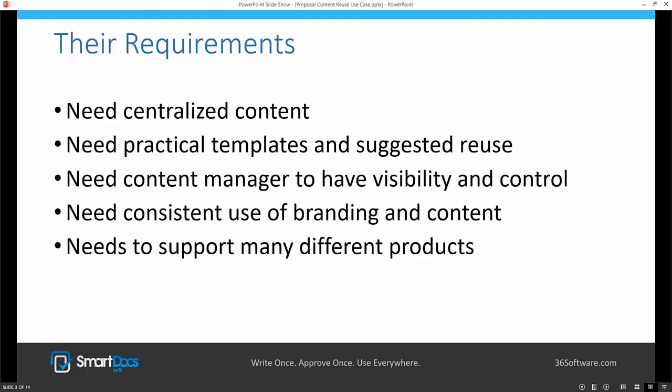They needed templates that people would actually use, that had consistent branding, yes, which is what most people's templates have when they start out. That's all that they really have is branding, maybe a suggested format and that sort of thing, but they don't have suggested content. They don't lead people to content that's available. They don't have document automation capabilities built in. So they needed practical templates that people would want to use because they were easy to use,